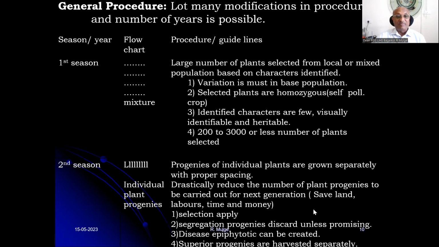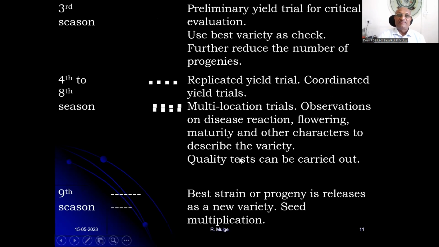So you have to apply the selection here also. Segregating progenies you have to discard unless they are promising. By chance, if a plant that was thought homozygous will segregate, you reject those plants unless they are very promising. Then disease epiphytotics can be created, right? Naturally, whichever plants are showing the symptoms can be discarded, but if every plant is susceptible, then you have to select some good ones based on yield or other characters. Superior progenies are harvested separately, right? So now individual rows, meaning individual plants, you are harvesting separately to carry for the next season. So third season,